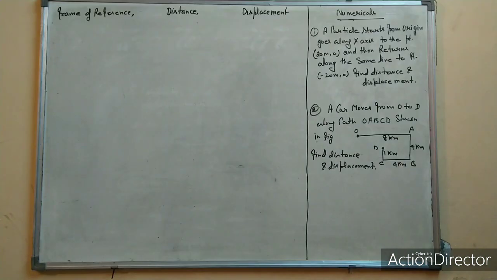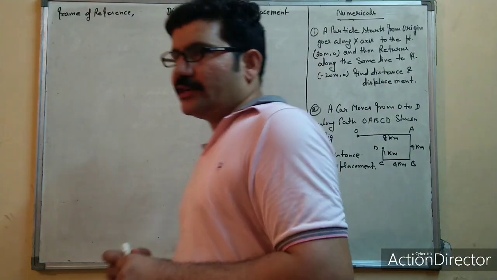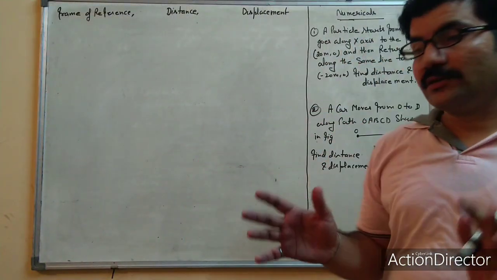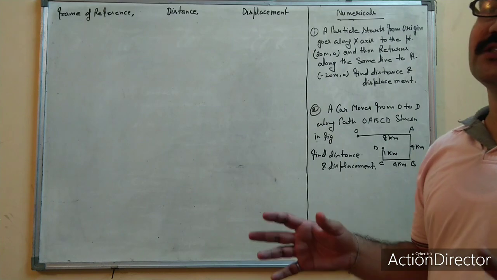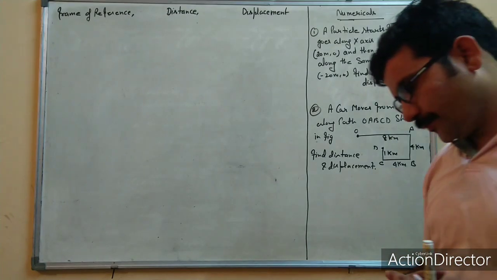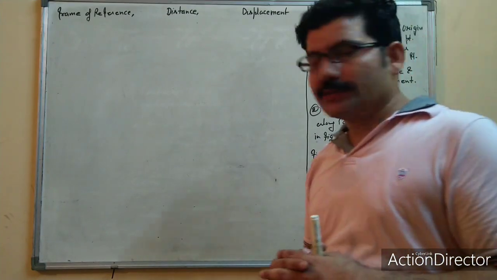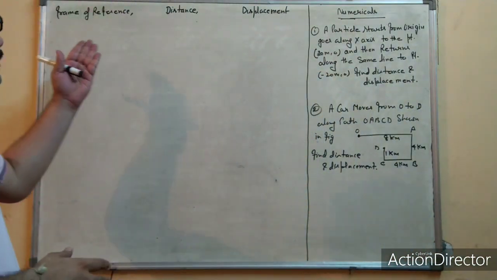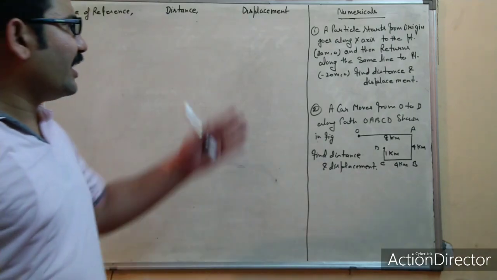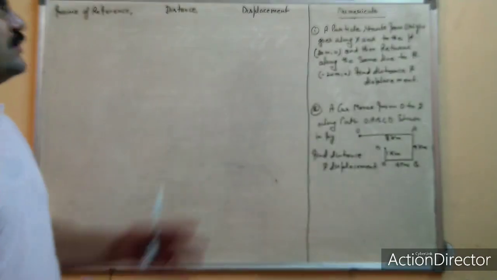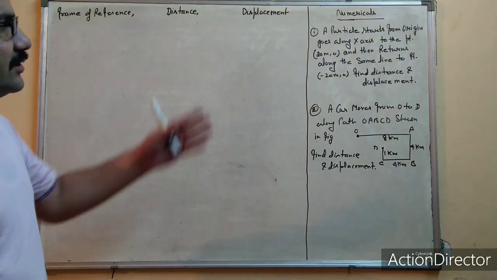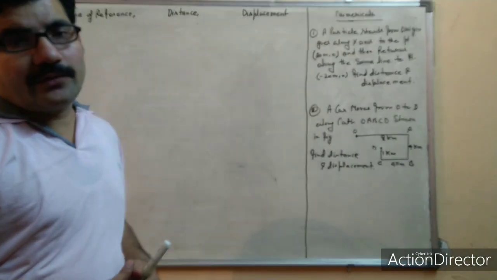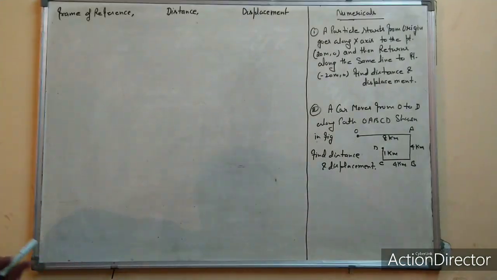So let us start. In the last class we have studied what is kinematics, types of kinematics, what is rest, motion, how rest and motion are complementary to each other, and last, point object. But now we are going to study three important topics: frame of reference, distance, displacement, and try numericals on the basis of distance and displacement. Actually there are lots of numericals in the notebook. You can try from the book. If you have any problem, I will definitely solve your problem.